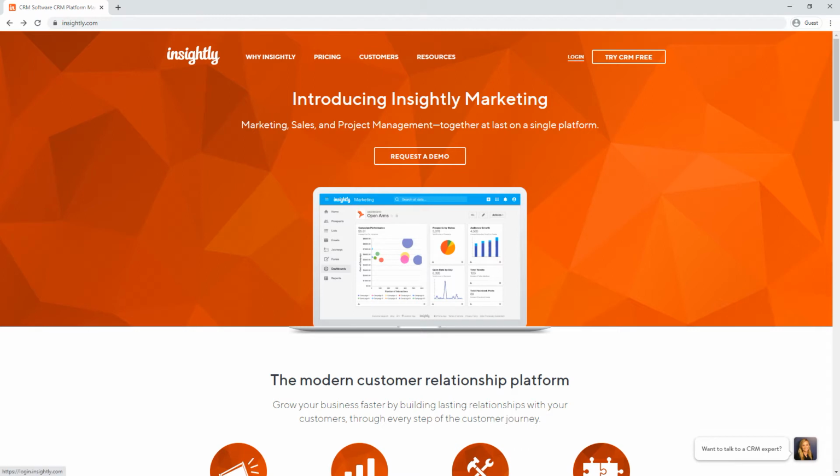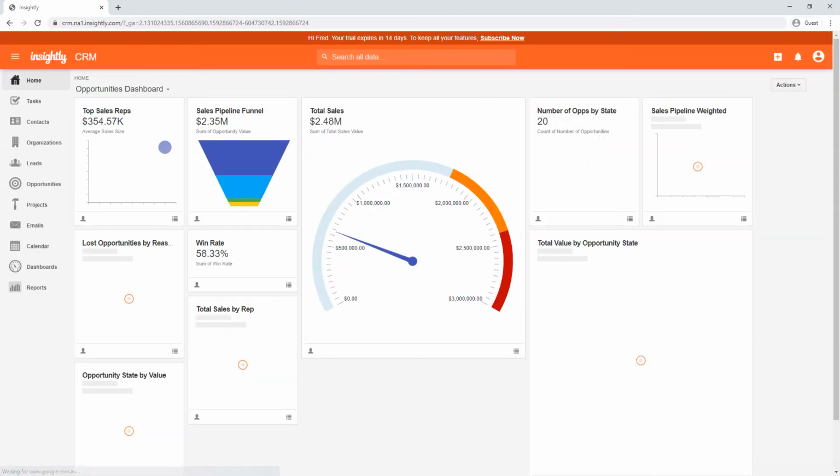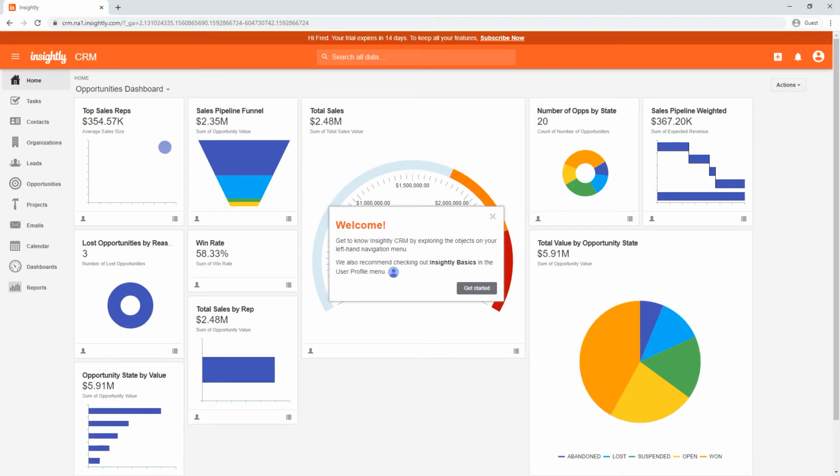So all you need to do here is click the login link, enter your email address and password, and then click the login link. So we go ahead and do that. Now, once it logs in, this will bring you to the screen. So if you've just created a new account, this is the screen that you will see. And if you have just logged in, this is the screen that you will see as well. So I'm just going to close this and let's just jump in now and have a bit of a look